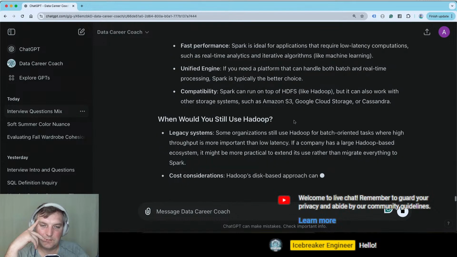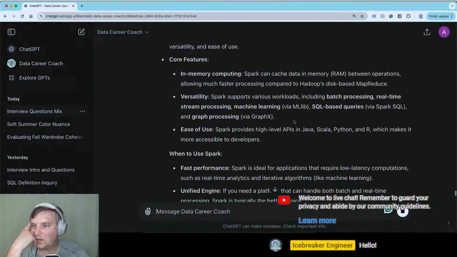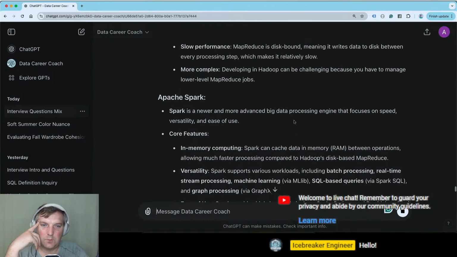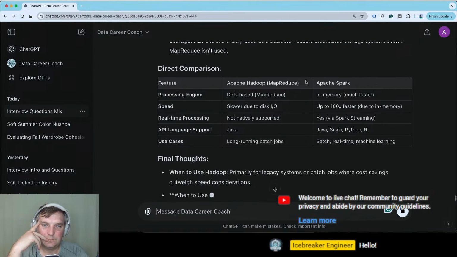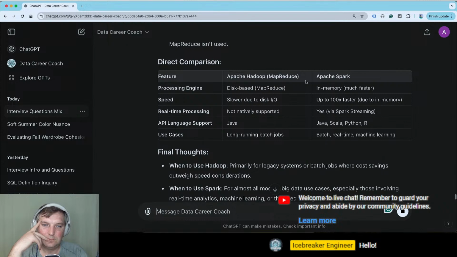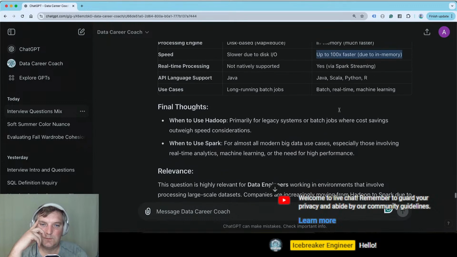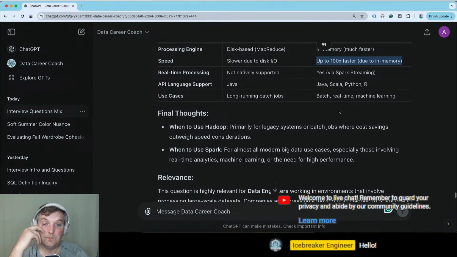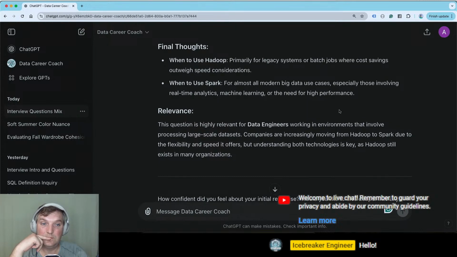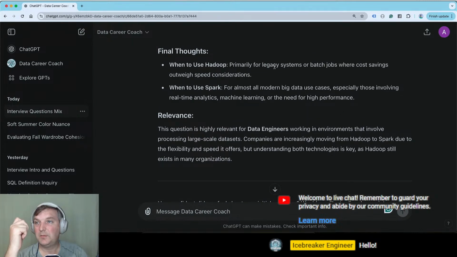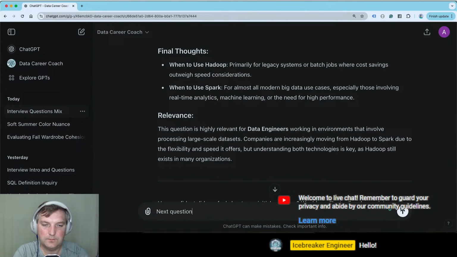Yeah, I think this question is wrong. No one should be asking this question this way. Yeah, but what happens if this doesn't fit in memory? I mean, when to use Hadoop: never, I guess. Okay. Next question.